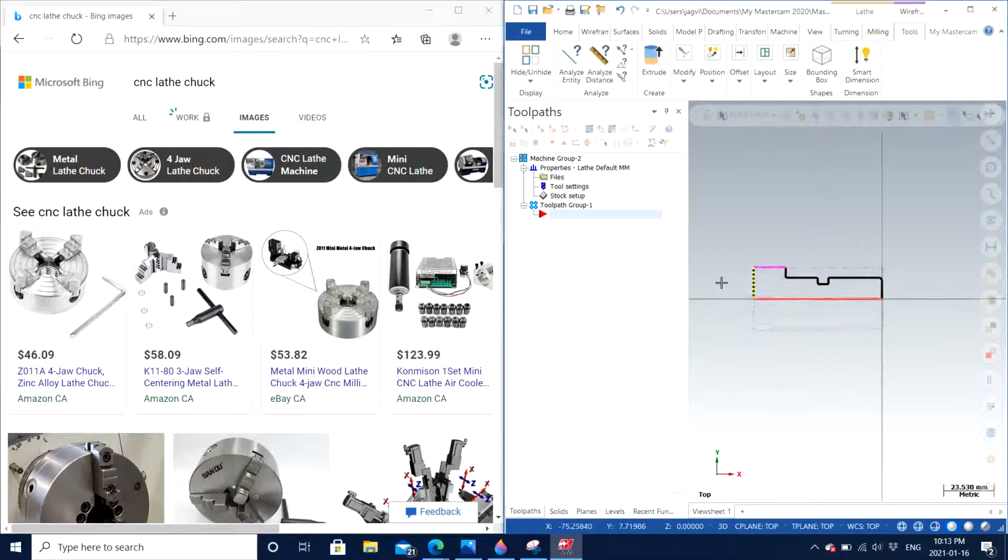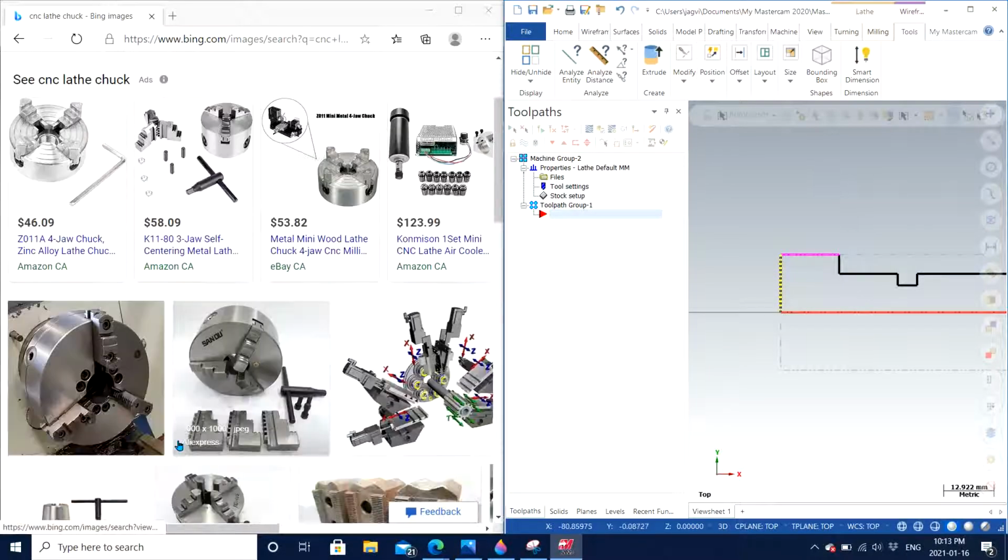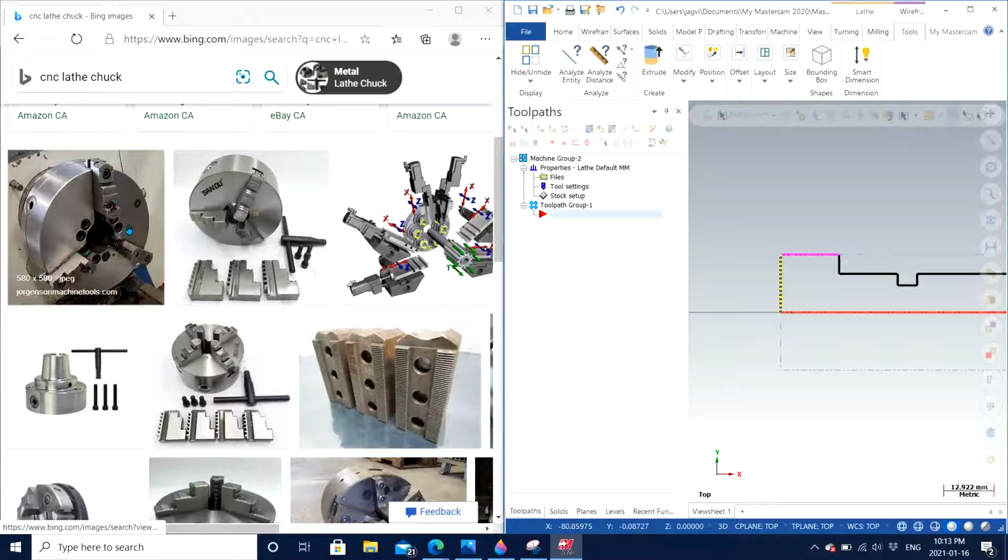You need to insert this particular raw stock material inside this chuck so that it can hold the part that you want to cut. You can see these jaws, these are called the jaws, and these jaws are going to be tightened up in order to hold the part. But this also has some space which you need to compensate with your stock material. So that is the reason that we need to increase the length by a certain amount. Most of the time, the general formula is 3/4 of an inch. The holding jaws are going to be 3/4 of an inch, which is a recommended standard in machining and